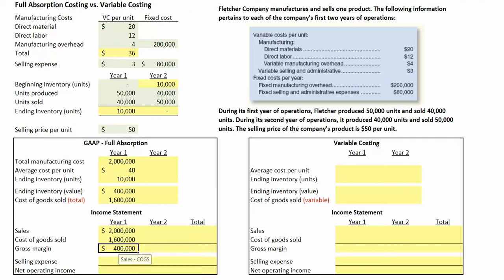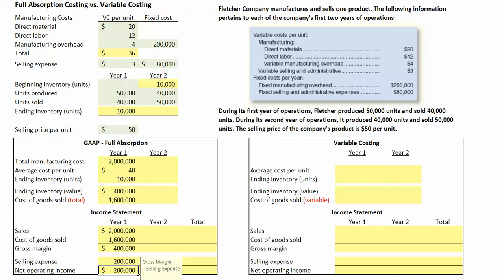Our gross margin then is our sales of $2 million minus the $1.6 million in cost of goods sold, or $400,000. We subtract from that our selling expenses, which are $200,000. That's the $3 per unit variable cost times the 40,000 units, plus the 80,000 in fixed selling cost. This gives us a year 1 net operating income of